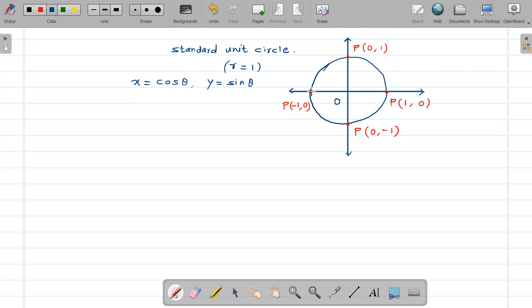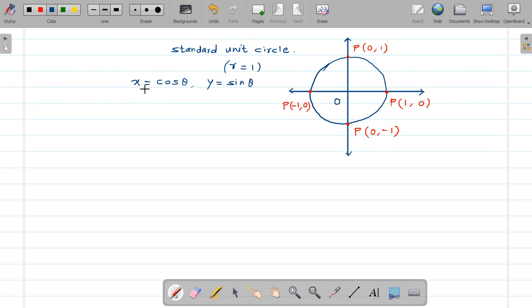So here cos 90 degrees is 0, sin 90 degrees is 1. Similarly here the angle for this point P is 180 degrees. So cos 180 degrees is -1, sin 180 degrees is 0. Similarly here the angle is 270 degrees. So cos 270 degrees or cos 3π/2 is 0 and sin 3π/2 is -1. So on like this, if you rotate this in the anti-clockwise direction, depending on the position of this point P, we will get the values of the sine and cosine ratios for the particular angle, because we know that x means cos theta and y means sin theta.